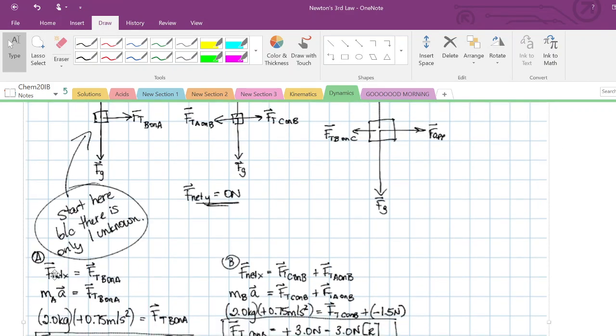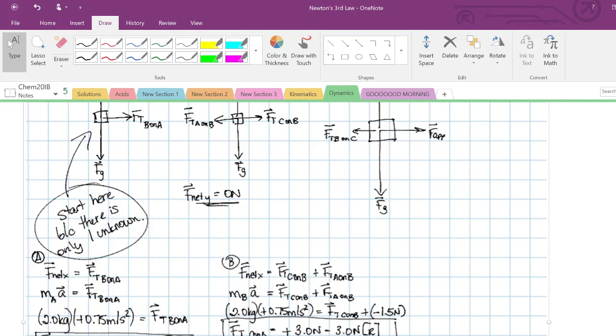So I'll set up my equation. I've got force net X, and that's equal to my sum of the forces. And the only force here is the force of tension from B pulling on A. And I know that the car is accelerating, so I'm going to have mass of A times acceleration is equal to force tension from B pulling on A. The mass of car A is 2 kilograms. The acceleration is positive 0.75 meters per second squared, and that's equal to force tension from B on A. And if I solve, I get the force tension of B on A is positive 1.5 newtons, or 1.5 newtons